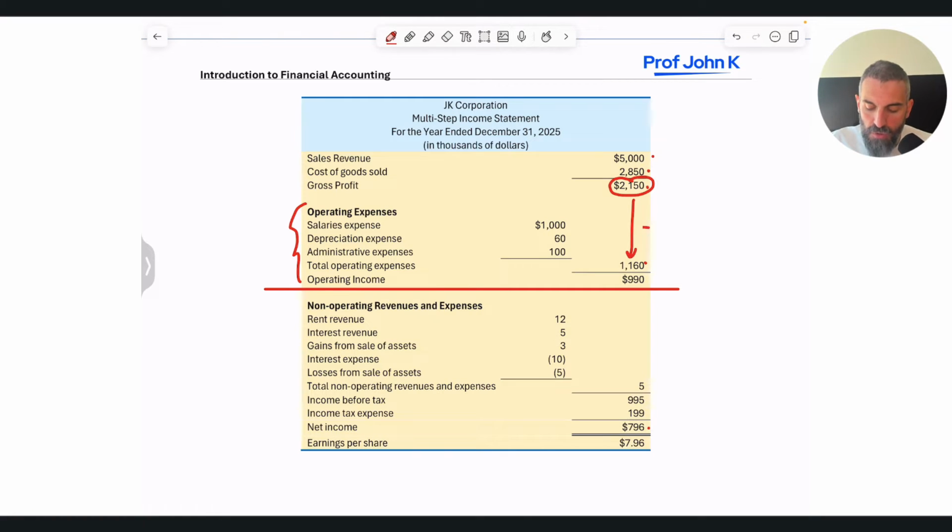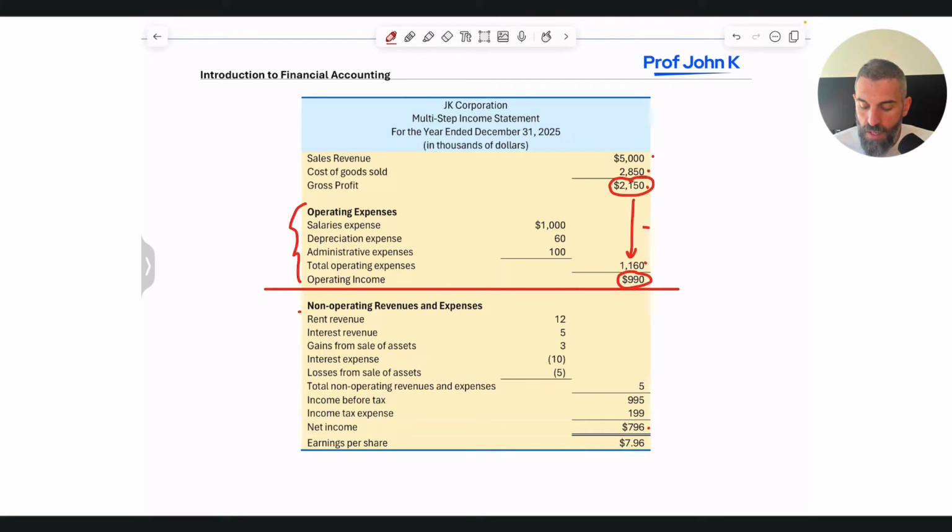And we pay for those with the gross profit from our sales. So if we take that gross profit, and again, we're going to have a whole session on making these in great detail. We're going to make them, but I'm just running through this so you understand what you're looking at. We have our operating income, or income from operations. So our main business brought in $990,000 before